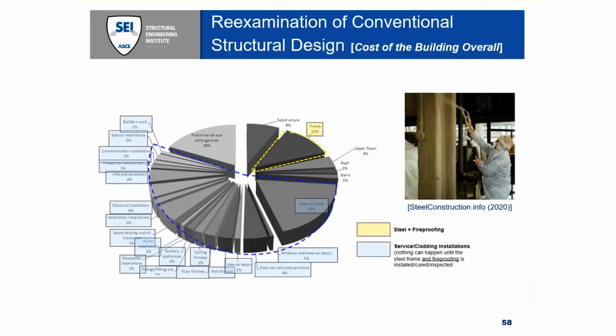However, it's sobering to realize that all of these installations usually cannot commence on a project until the fireproofing is sprayed, cured, and perhaps inspected. And I've been on projects where inspections of fireproofing are definitely on the critical path. Not to mention, this would be under ideal temperature and humidity conditions, which can delay fireproofing if they're not ideal. As a result, fireproofing, which only accounts for 2% of the entire big picture, can actually have a very amplified effect on the entire construction schedule and economics.